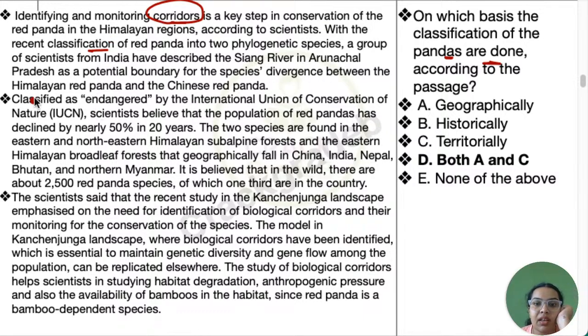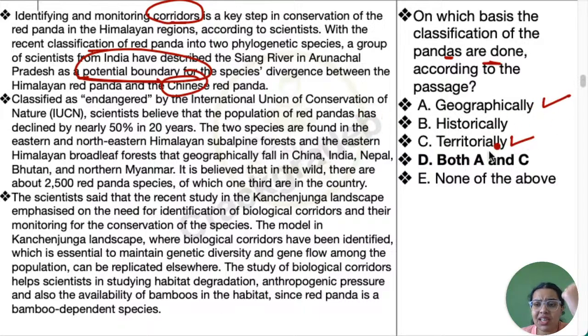Okay, we have Himalayan red panda and Chinese, and this is based on a potential boundary. Okay, then you get to see about their population and all. So basically, based on a territory, based on geography, based on from where they are,